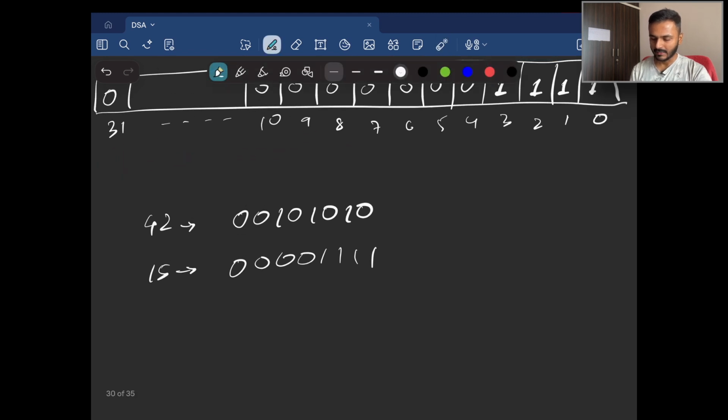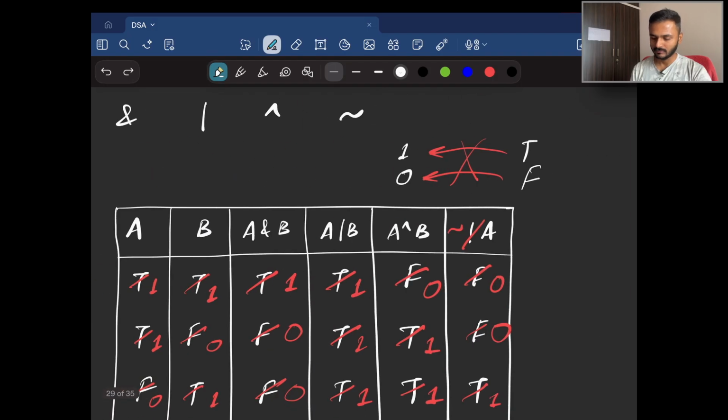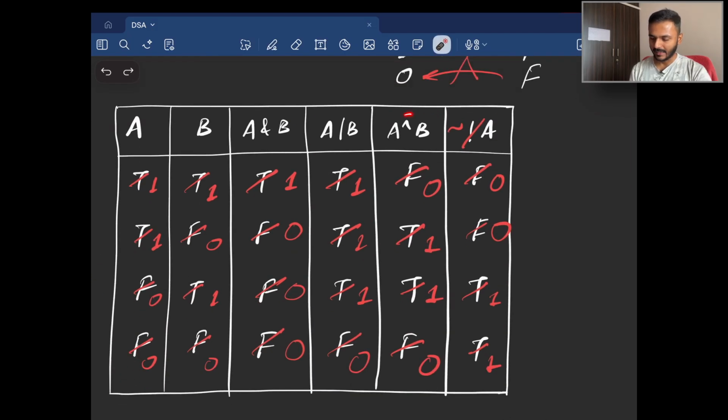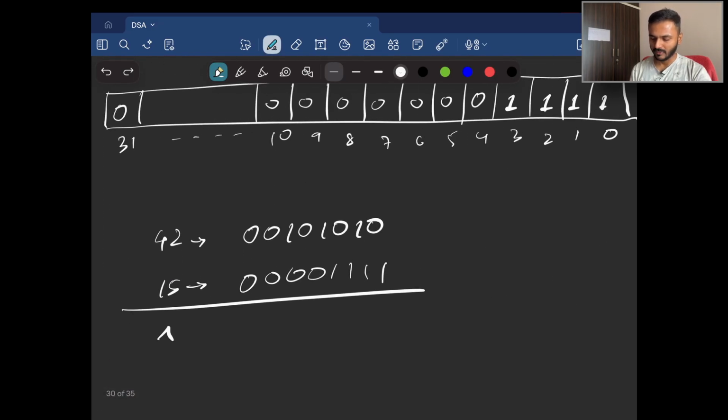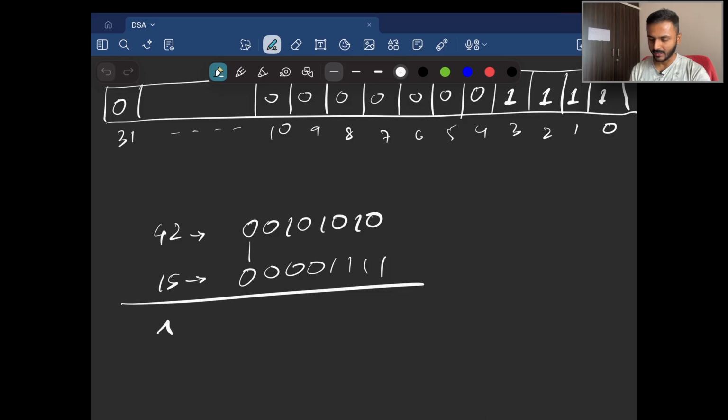So with this done, let's apply bitwise XOR first, and then we will apply the NOT operator on each of these. So for XOR, what do we know? Well, if we check this table, we know that XOR will give us 1 if both the operands have different values. But if both the operands have the same value, we will get 0. So applying that over here, the first one have got the same value, will get 0. Then this one also has the same value, so 0. Different values will get 1, same value 0, same value 0, different value 1, same value 0, and different value